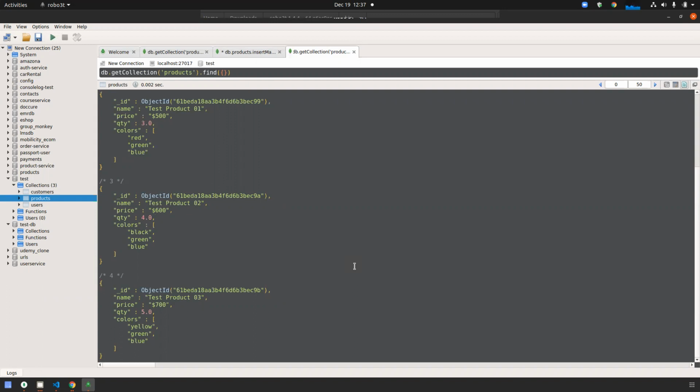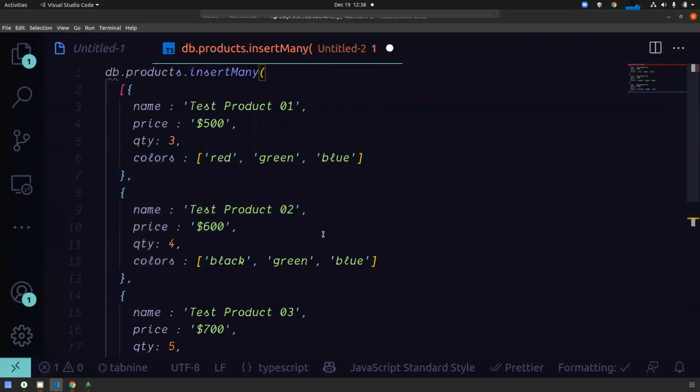Now another command is there, that is insert. Can anyone guess what will happen with just the insert keyword? I'm not talking about insertOne or insertMany, only the insert keyword. Maybe you will know, because you already know about insertMany and insertOne. So obviously insert can do both. Who said both? Both means multiple or one.